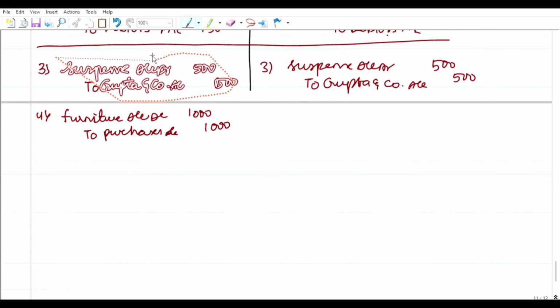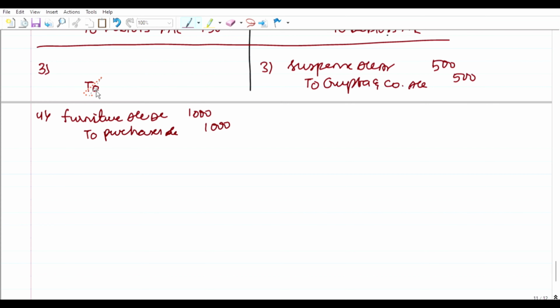In the first stage we have to write a simple statement, right? So first of all, let us complete this one. Furniture account debit to